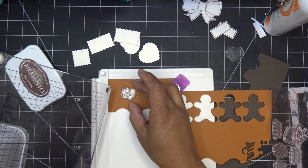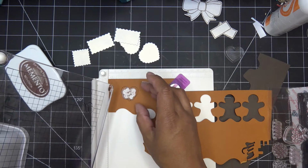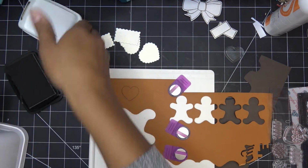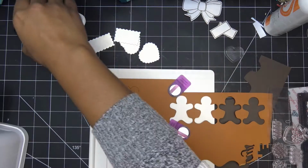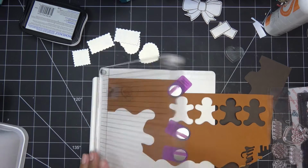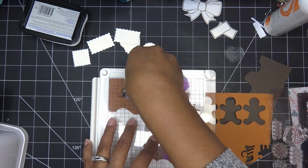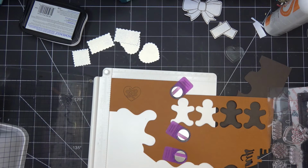Something like that. Let's see if I can get that right there. So I'll do this for all 5 shapes, just a little something. Something like that. Oh, let's get that last bit that didn't touch this side at all. Okay, and then to color that in, let me just get like a brown